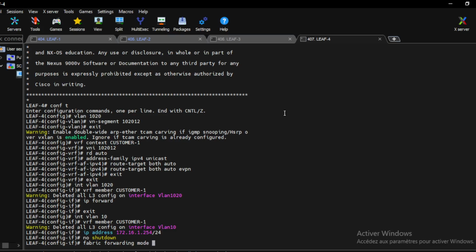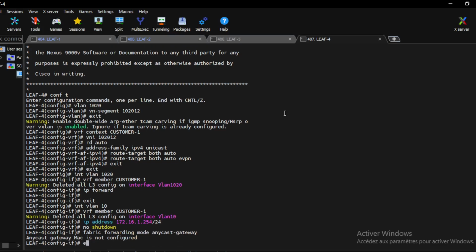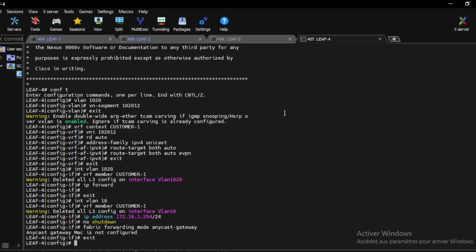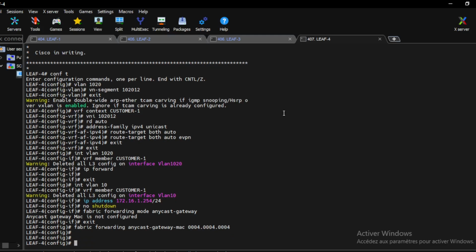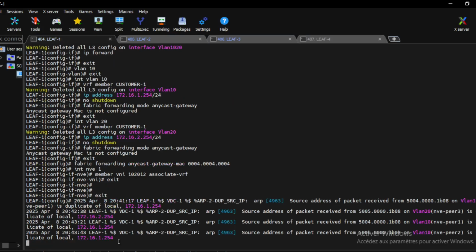Fabric forwarding mode anycast gateway. Fabric forwarding anycast gateway MAC 0004.0004.0004. Okay, so now the next step will be